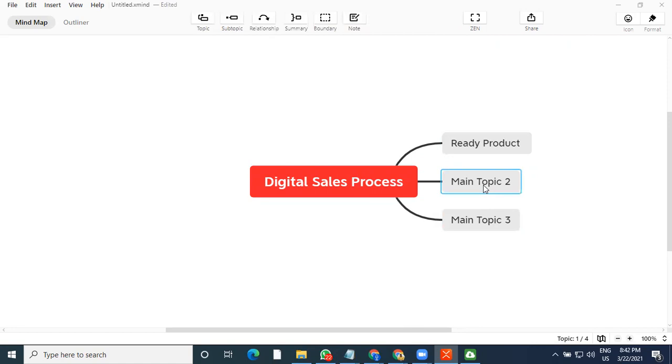You need to have a payment gateway ready for it. So if you have a payment gateway ready for the product,